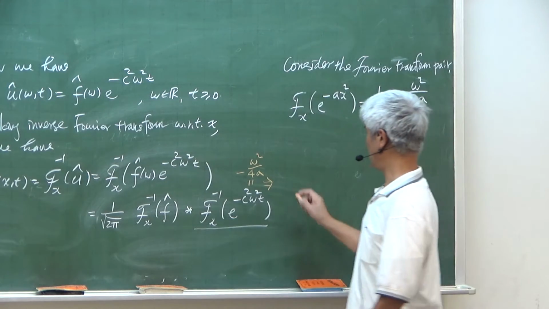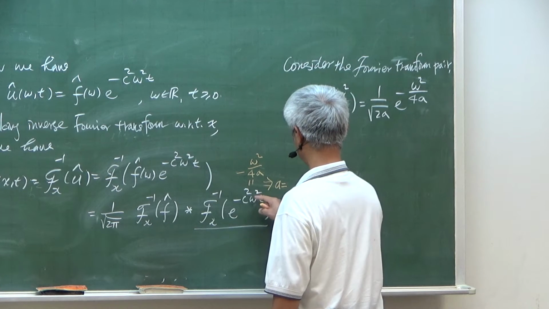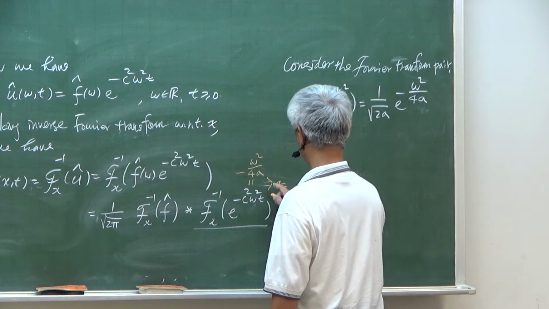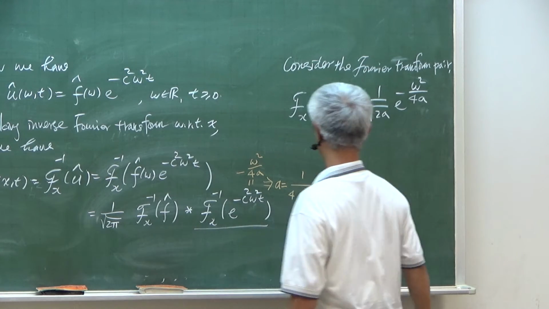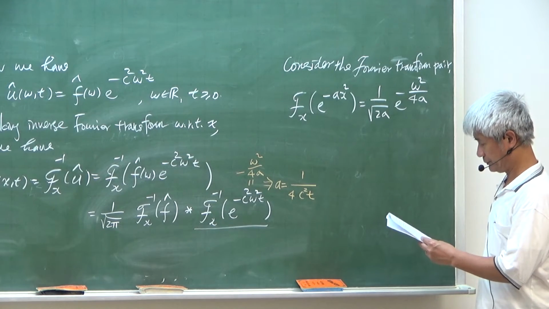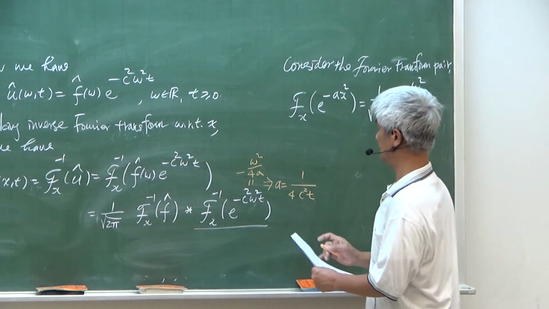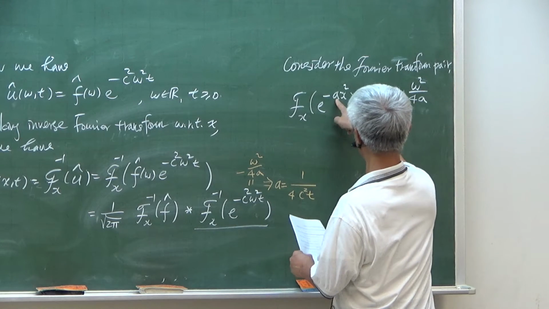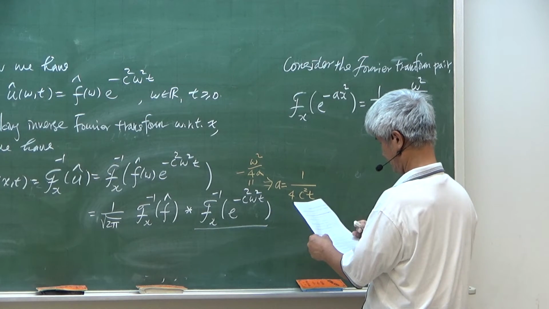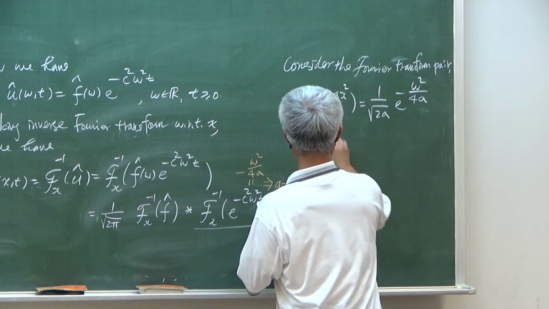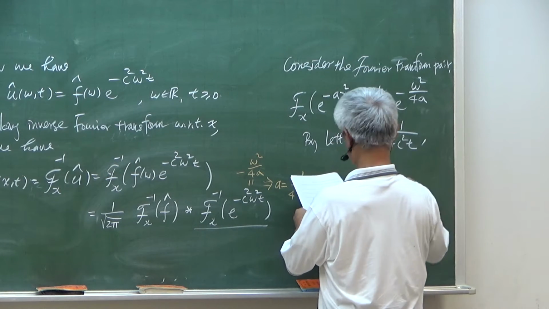So a is equal to this one. So by relating, a equal to 1 over 4c²t, we have